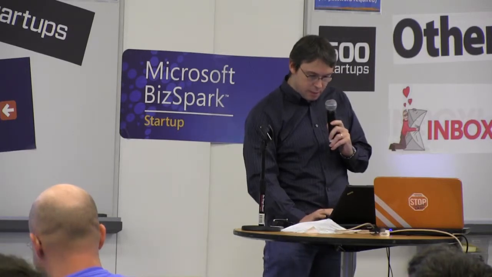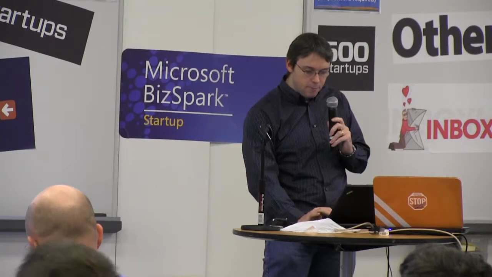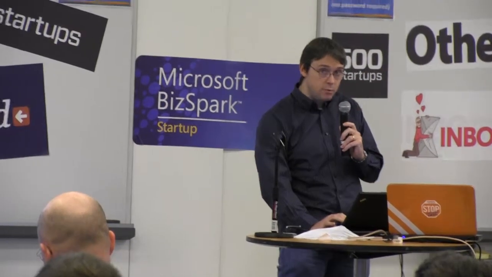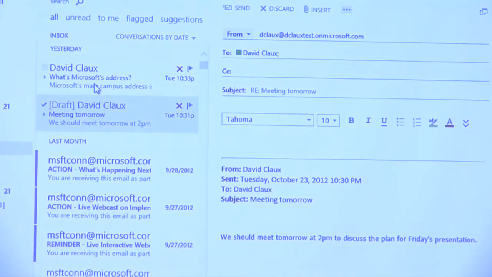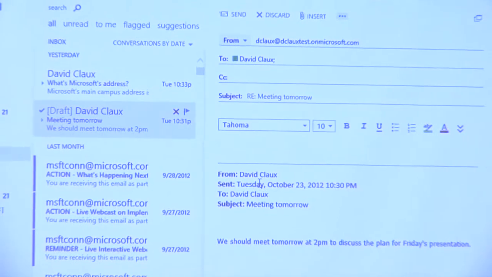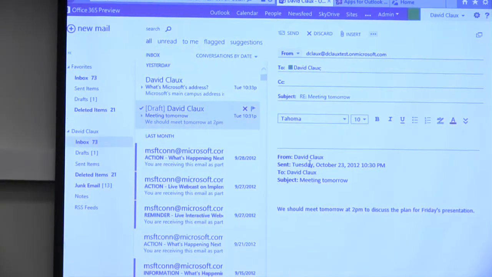So what we did is that we implemented what we call inline reply, where now you have the reply form shown inside the reading pane, and you still can see all your messages, you still get the notifications, you still see messages arriving in your inbox. So you're always on top of things. So you could say, well, but that's a lot of interruption.